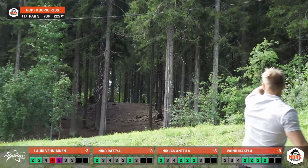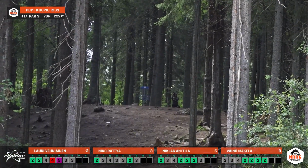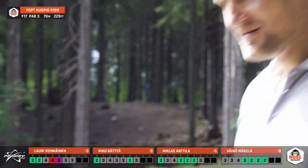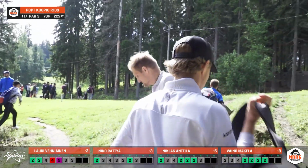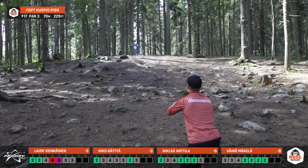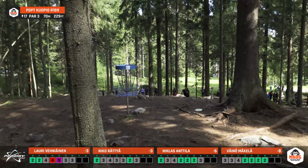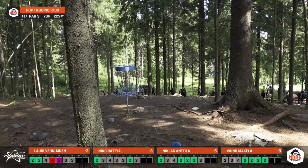Let's see if Lauri can do the adjustment, and that is the best drive of the bunch. Just a little bit low, but ending up on 9 meters. Yeah, Lauri's happy with that one. He's sort of been turning these type of drives over to the right, so... Oh, Niko just again...